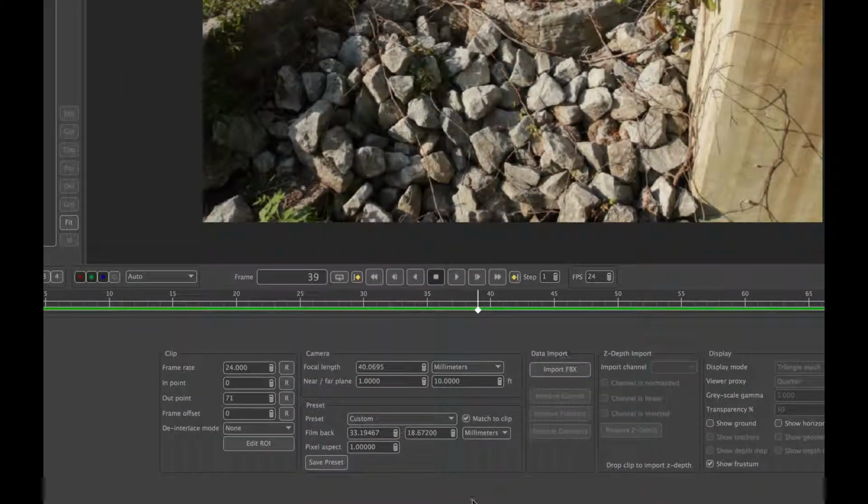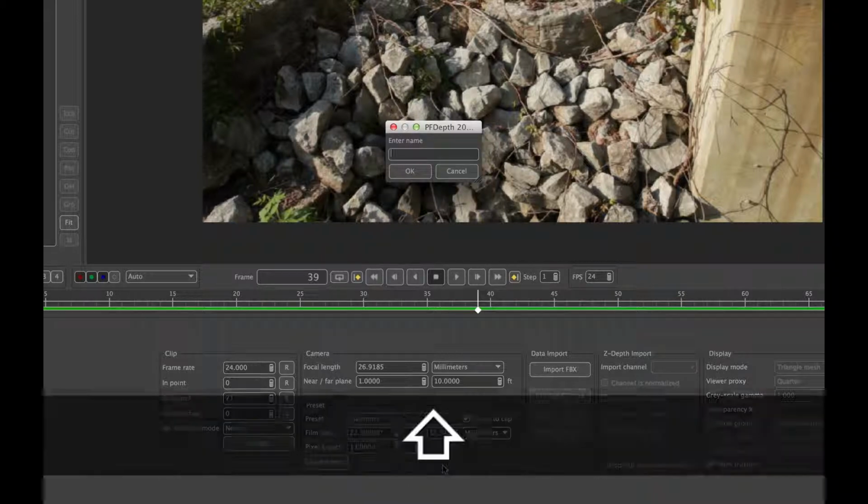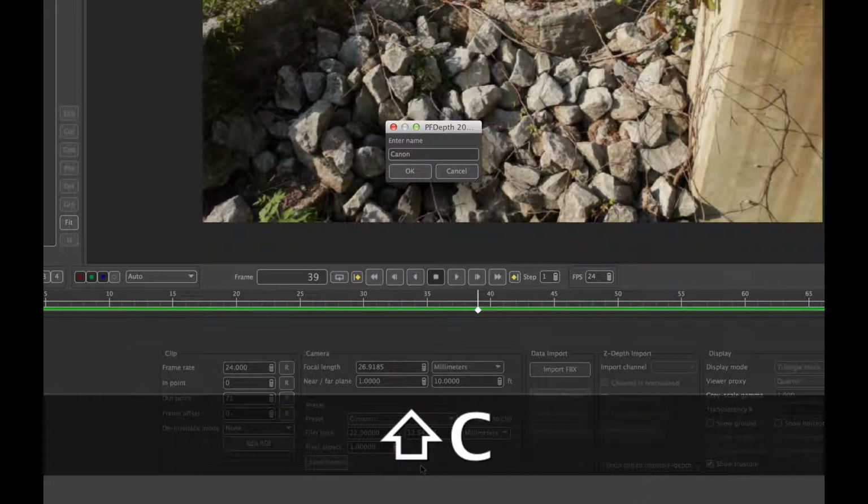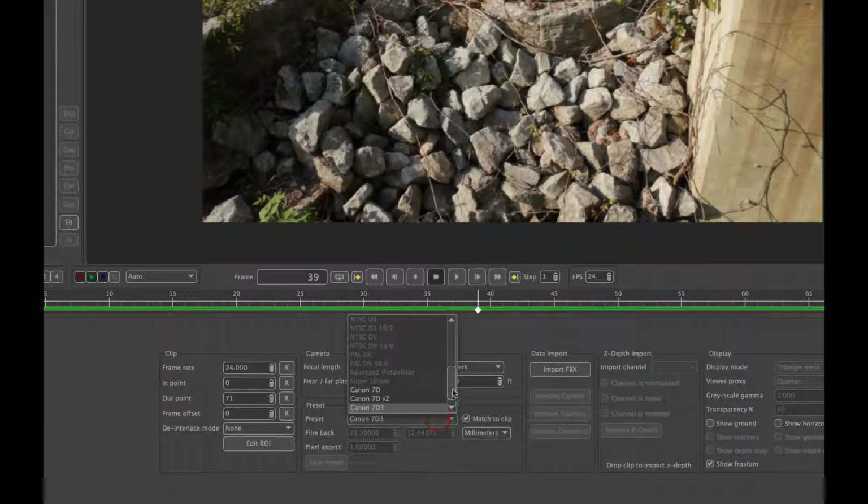So the first thing you typically want to do is set the film back for this, and this was shot with the Canon 7D, which I know has a horizontal film back of 22.3. And when I enter that, it's giving an automatic vertical measure of 12.54 millimeters at 1:1, and that's because on many digital sensors, only a portion of the sensor is actually being exposed depending on what resolution you're capturing in. So if I set the horizontal, it's automatically going to set the vertical. I could then say this is a preset, if I want to. I'm going to call this Canon 7D3, just because I've made a couple of presets already,